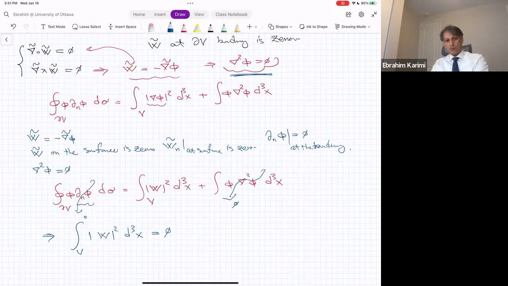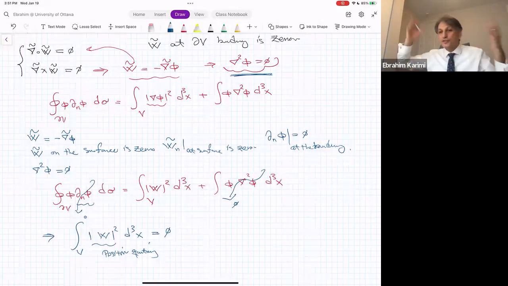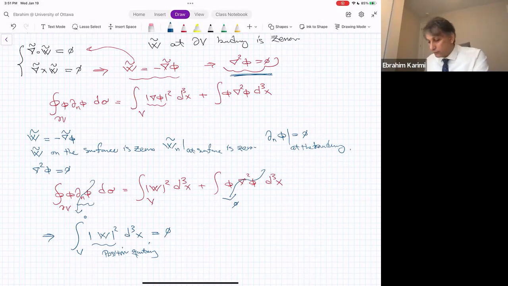Good. This is a positive quantity, and the volume V is arbitrary. We don't have any conditions on the boundaries, right? We just say that this function is well defined on the boundaries, and then it's given by specific functions. So when W is positive, and for any arbitrary volume the integral over that volume is equal to 0,